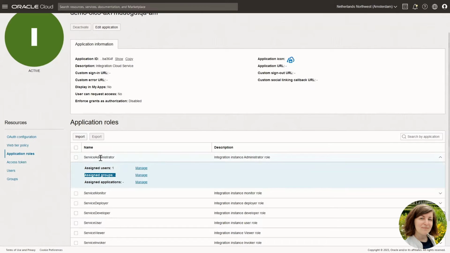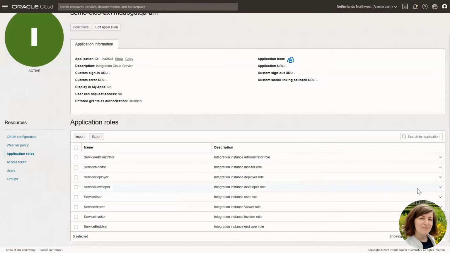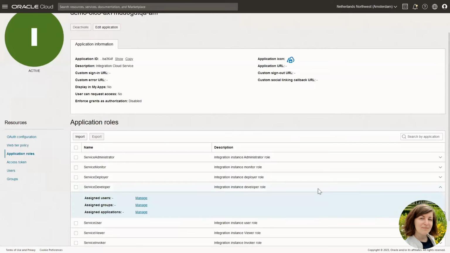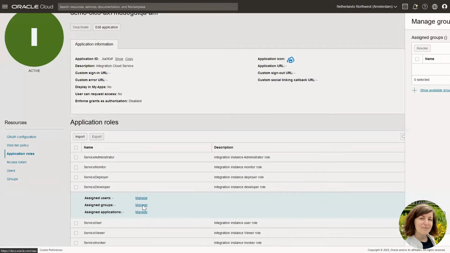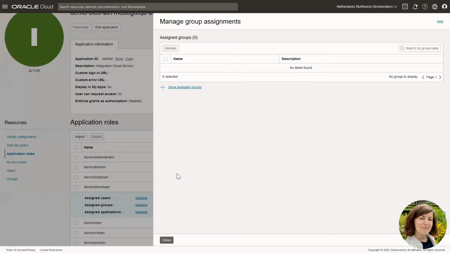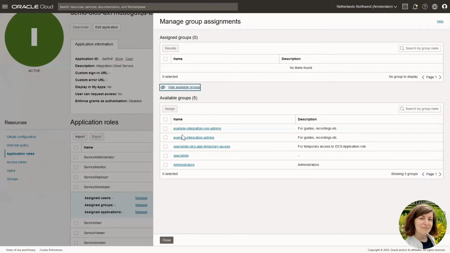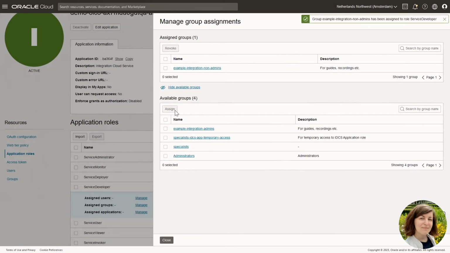The user that provisions OIC is assigned automatically to the service administrator role. To assign, for example, developers, you can use the service developer role. Click on manage to assign a group. In this case, I'm assigning an example group of integration non-administrators.